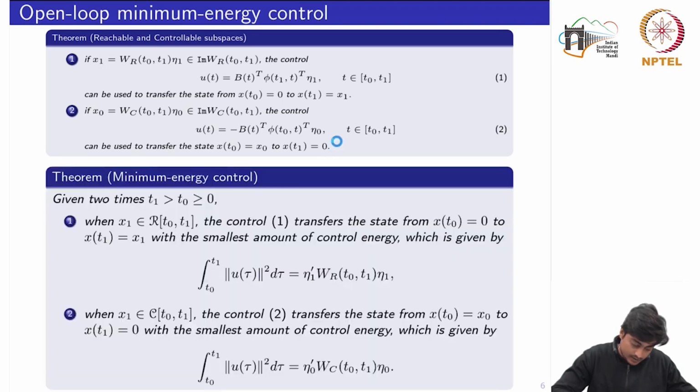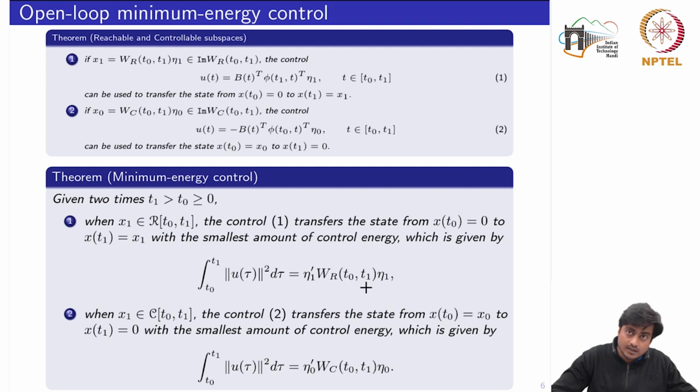Now, based on the analysis we had done in the previous slide, this theorem states the minimum energy control, that when x1 belongs to the reachable subspace, the control 1